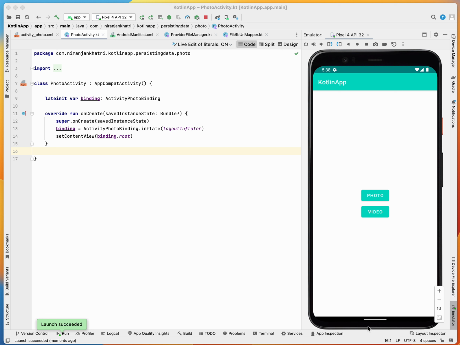Bootcamp, and in this bootcamp we are going to build a simple application that has two buttons. The first button is to take photos by opening your camera, and the second button will open the camera app to record the video. Okay, so we will use the file provider to save the photo to the external path